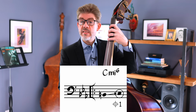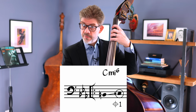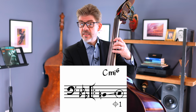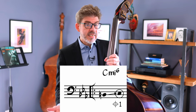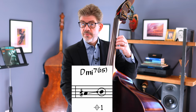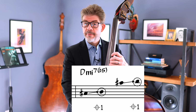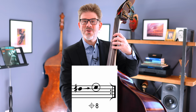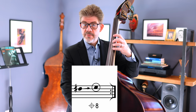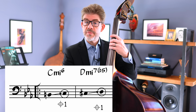So our first root is C. So a half step below that is B natural. Figure out just what it is. And then the octave, B to C. The next root is D. What's a half step below D? C sharp. Or the octave. The next chord is G, so F sharp to G. So B, C, C sharp, D,